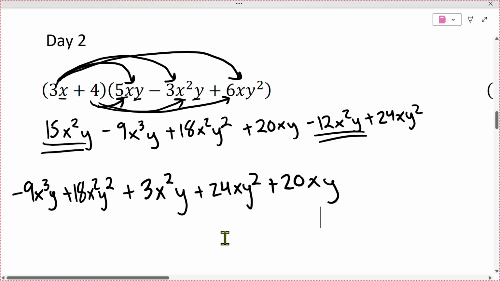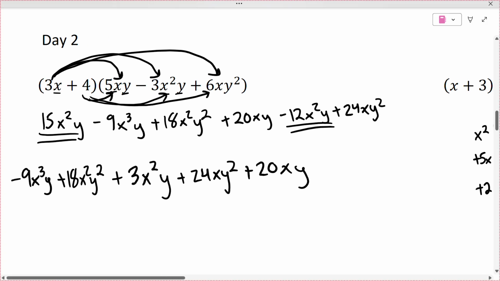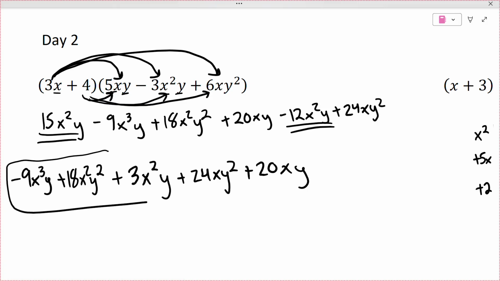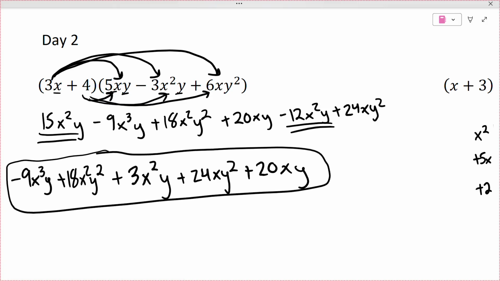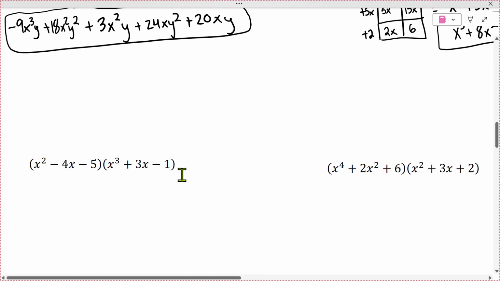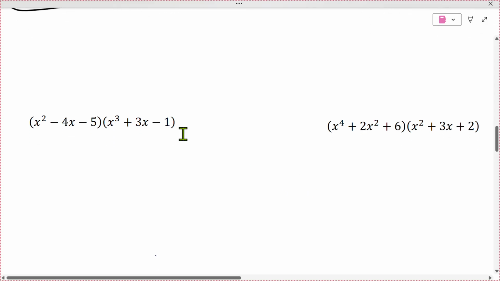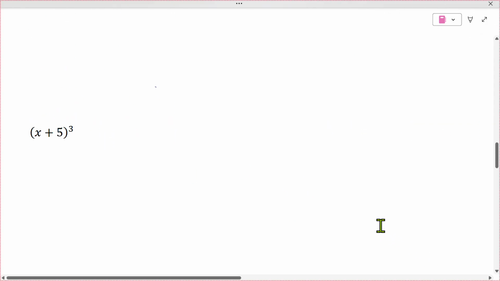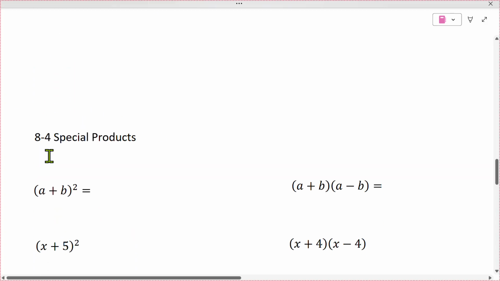Okay. So again, that's the distributing method. That's the only time I'm going to do the distributing method today. I'm really going to recommend that you use the box method. I think it's much cleaner and easier to do. So let's do one more with the box. Let's do a 3 by 3, and then let's talk about this power 3, and then I'll very quickly go